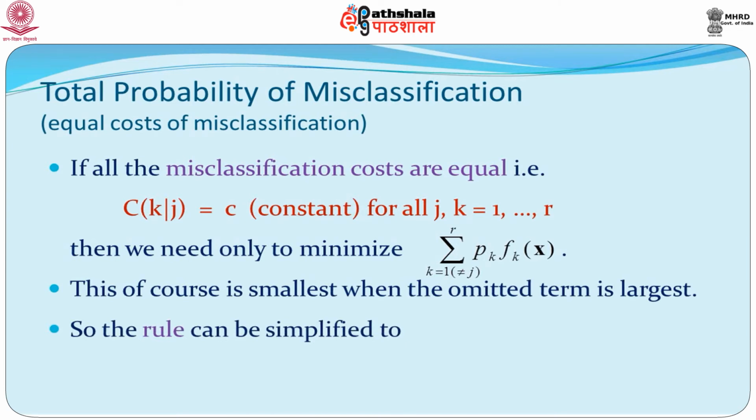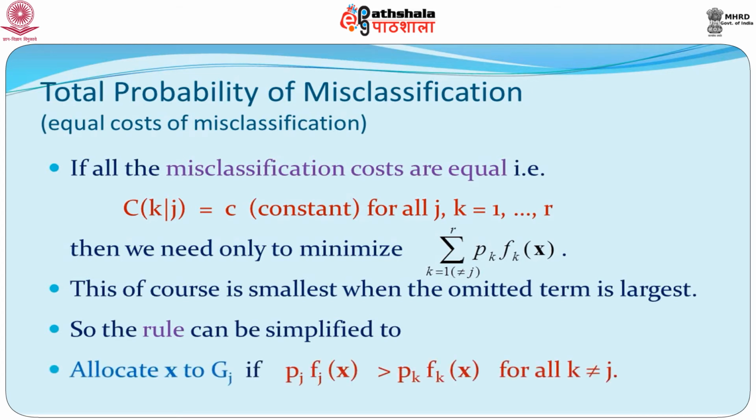This is because if you take k equal to 1 to r including j, so what we are minimizing is k equal to 1 to r excluding j. So, that will be including j minus the jth one, that is minus Pj into Fjx. And because if you are taking over all of the k equal to 1 to r, that would cancel out for different j's, and it will just be a choice between the Pj into Fjx. So, the minimum would come out as the largest of these values, because you have a negative sign.